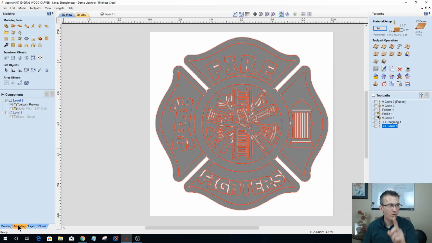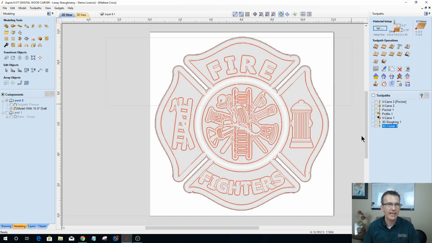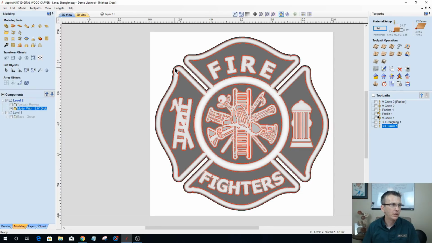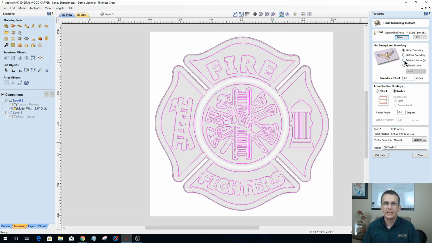Now, most important step, guys, come back over to your modeling tab and turn that toolpath preview off. We only needed it to get this tracing here. And then come back in and turn your model back on. All right, select those vectors, select all of our vectors that we're tracing and go in and create a 3D finish cut using the selected vectors as the boundary